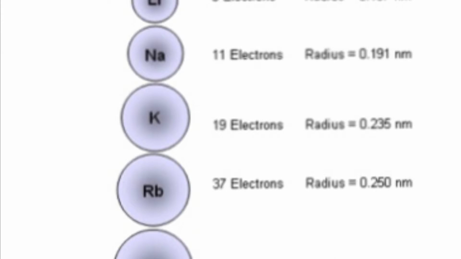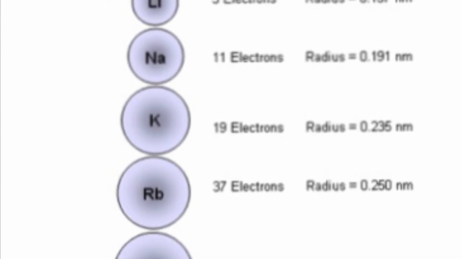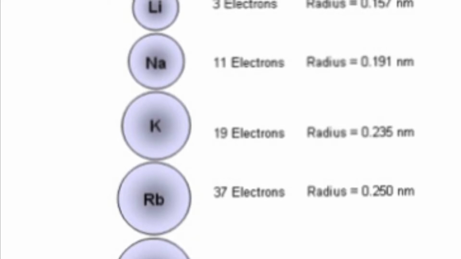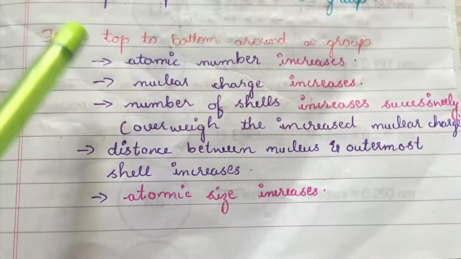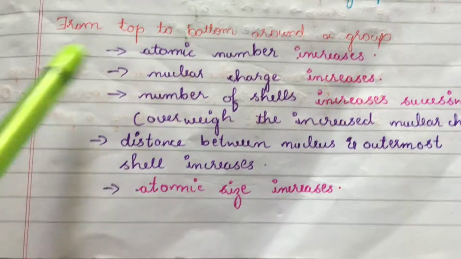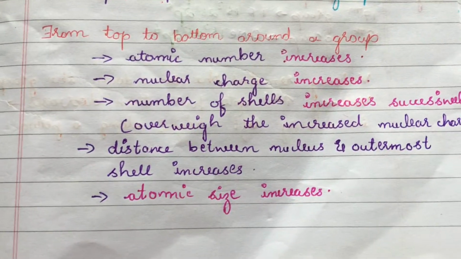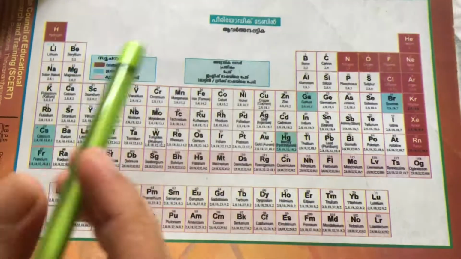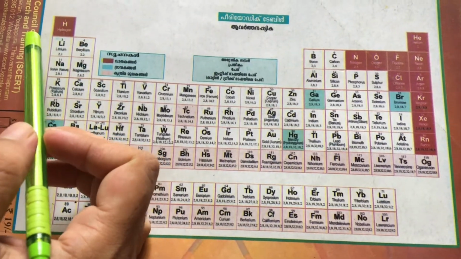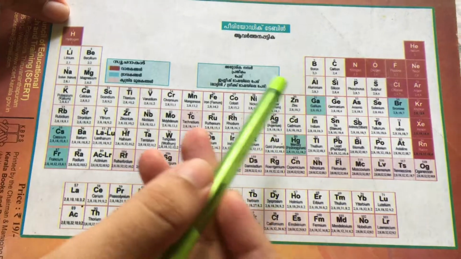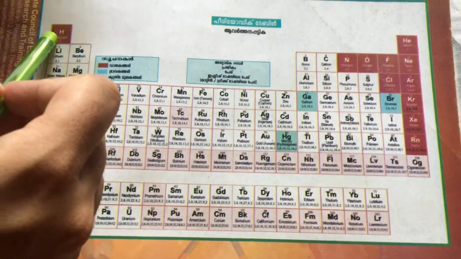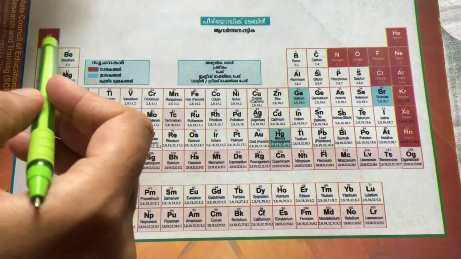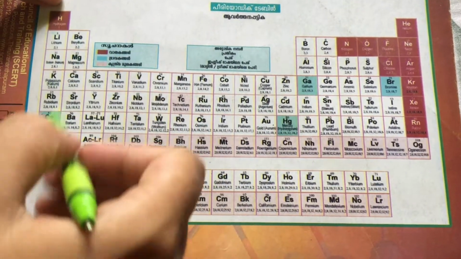That is, on moving from top to bottom down the group, what happens? Let us see this case by taking an example as well. This is our modern periodic table, which was founded by Henry Moseley, and you know that this contains periods as well as groups, and we have observed the trends in the atomic size across the period. That is, the atomic size decreases across the period. Now let us see what happens when we move down the group.